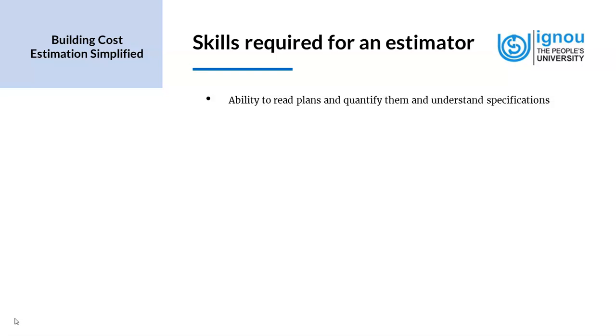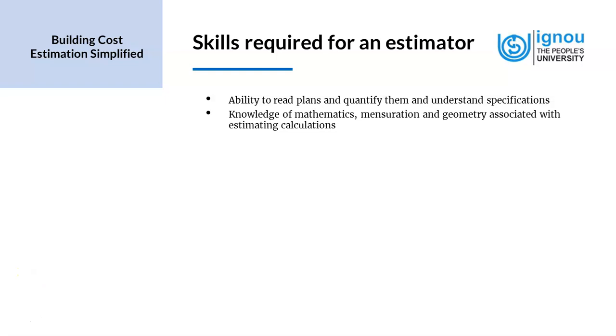So it is essential to be able to read drawings, both architectural drawings, structural drawings, detailed drawings, and working drawings, and then find quantities from these drawings, and also understand the specifications which are given for each item. It could be the thickness of ply, or it could be the quality and the grade of the plywood that is to be used. So these are to be understood very clearly by an estimator.